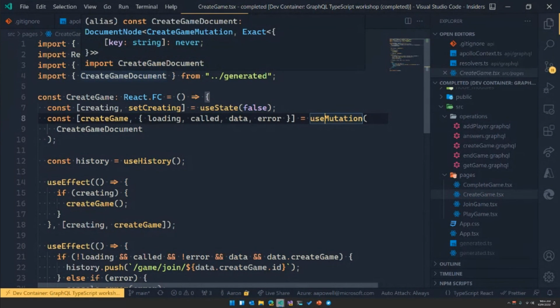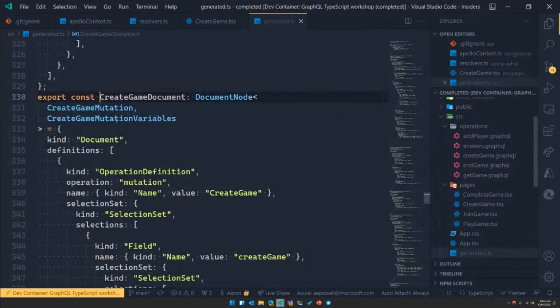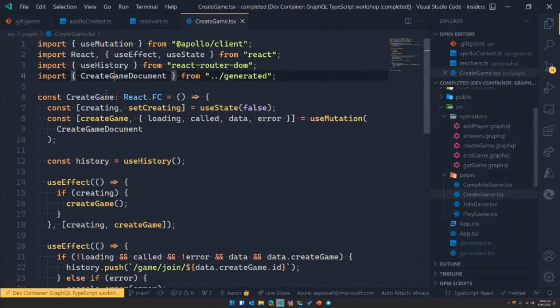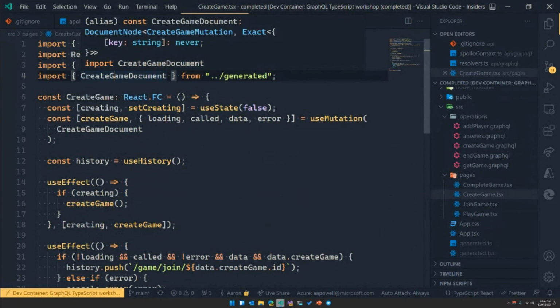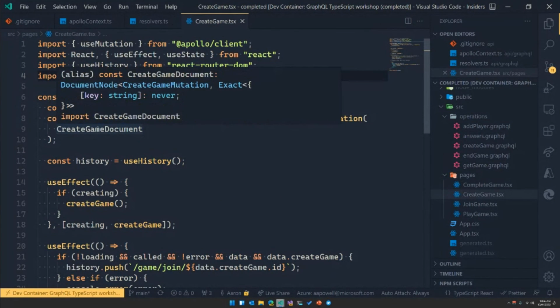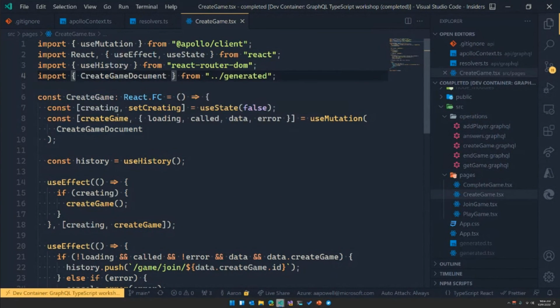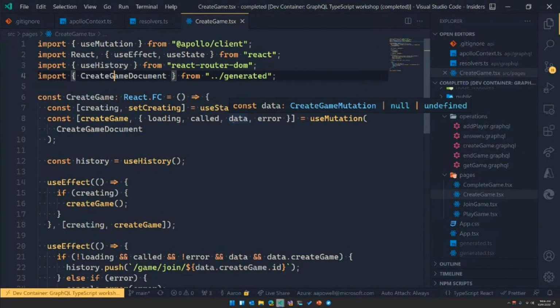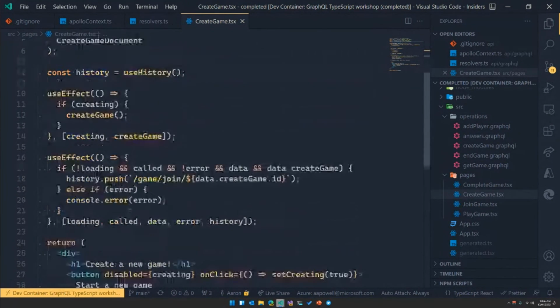I've then got this create game document, which is something that has been generated by GraphQL code gen. It's kind of a syntax tree that tells Apollo client how to execute a GraphQL operation. But it's type safe. It knows that if we execute that, it's going to return me an object which has create game, and when executed is going to have some data that's available from it,